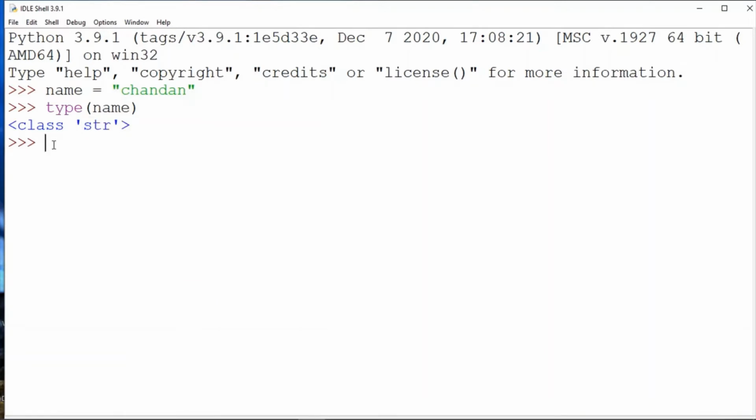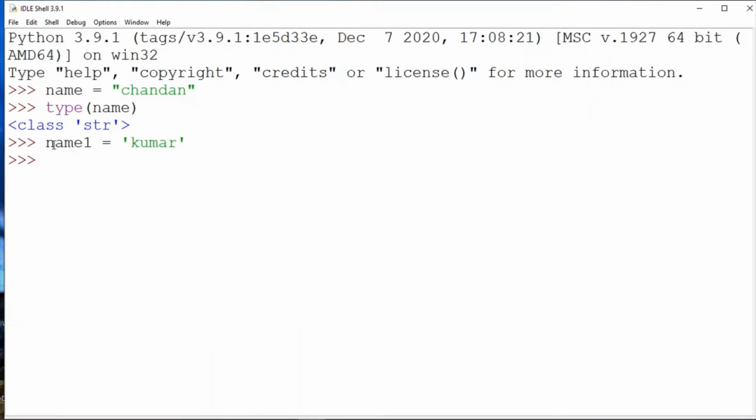You can also assign a string with single quotes. Like I have a variable that is name1, and inside name1 I am passing some value that is Kumar.